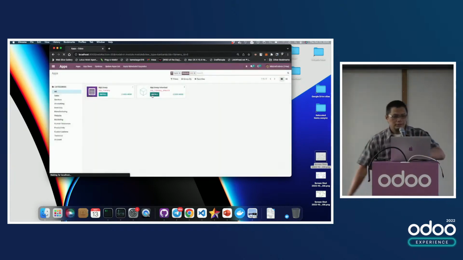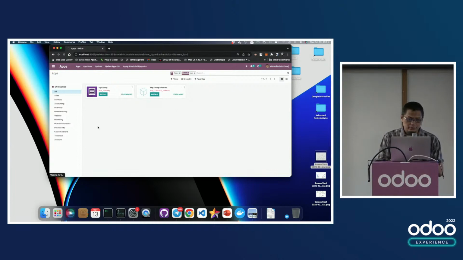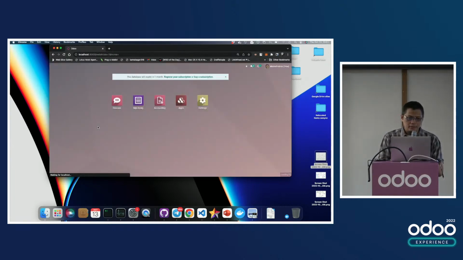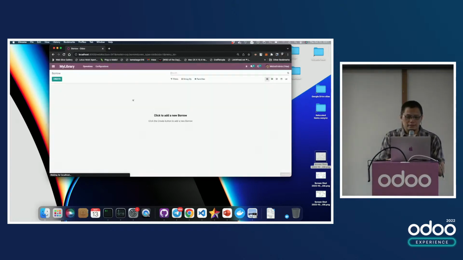Okay, that's all. Let's see. This is the icon, right? This is the icon, and we will have this application already installed here. Right? So we have the borrow